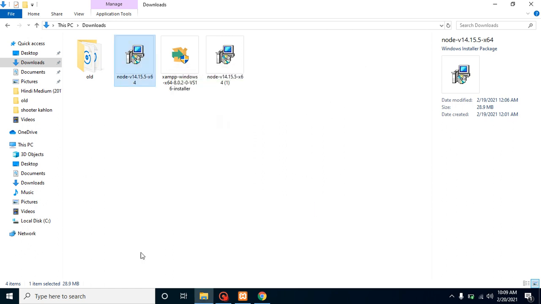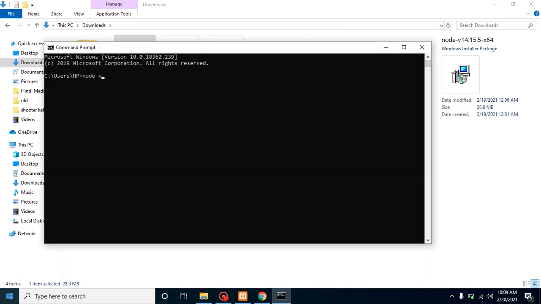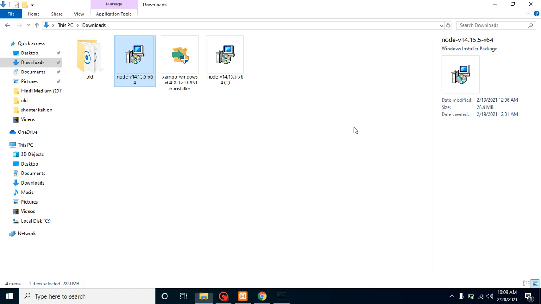So we can finish it, and after that let's open the command line and put here node -v, right? So that we can check whether node is installed or not. Here we can see that node 14.15.5 is installed, right? With that npm is also installed automatically. We can check it with npm -v, and here you can see 6.14.11, this is the npm version. So don't be confused about why the versions are different. Definitely they will always be different, so don't worry about that. Now the first thing is done.